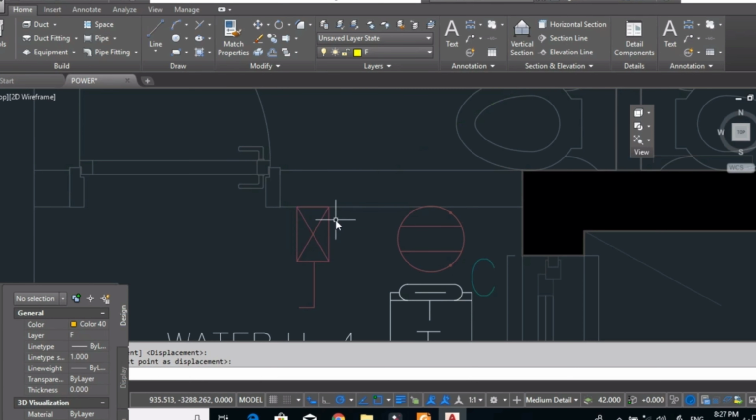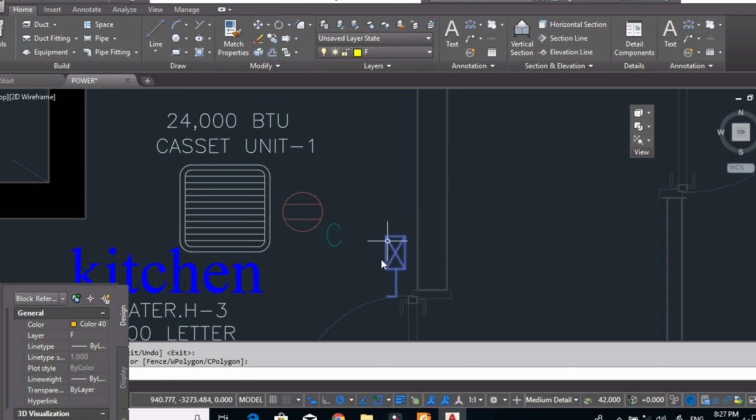And also I think here in the kitchen he also put an electrical water heater. We put here again a disconnect switch. And now here also